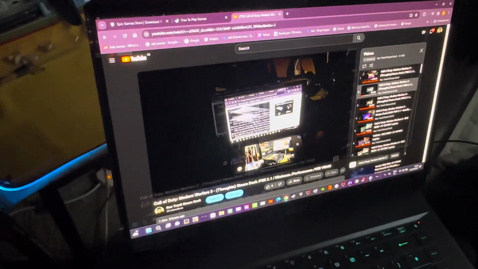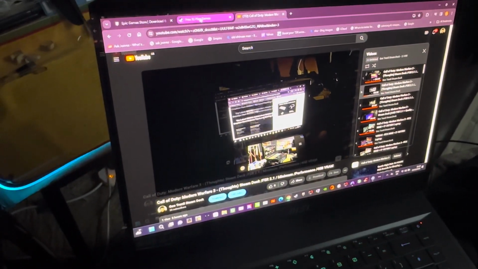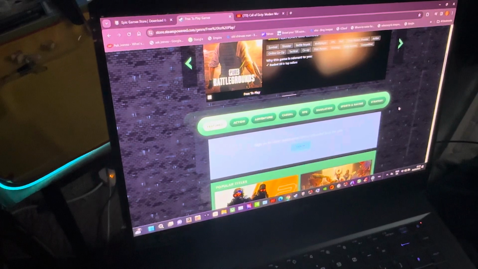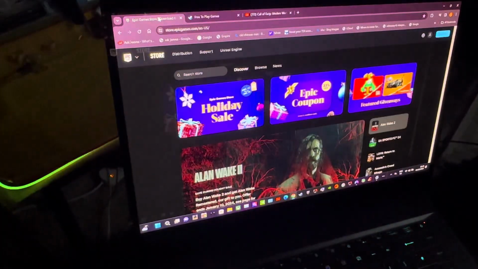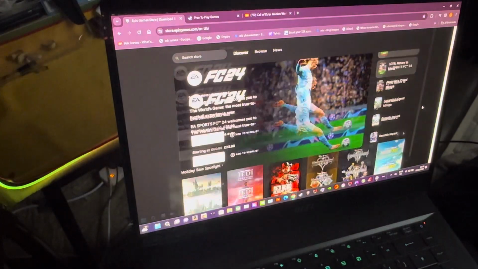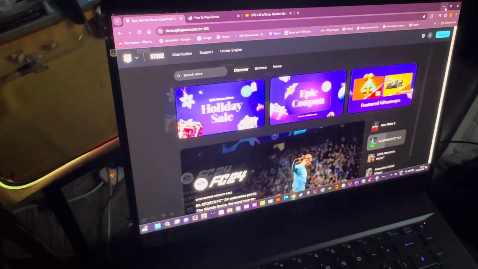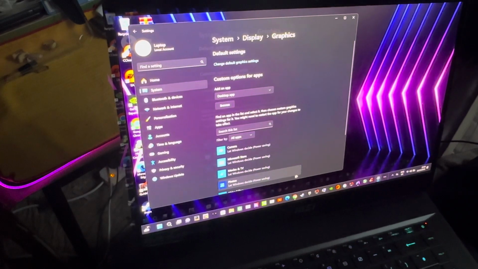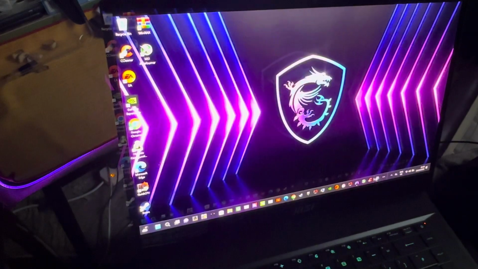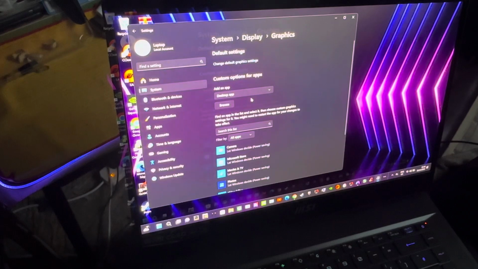Right, guys, so I've just come from updating my laptop's graphics card drivers and everything. But I don't know, it's kind of weird because I'm looking at this settings thing, and it's currently telling me